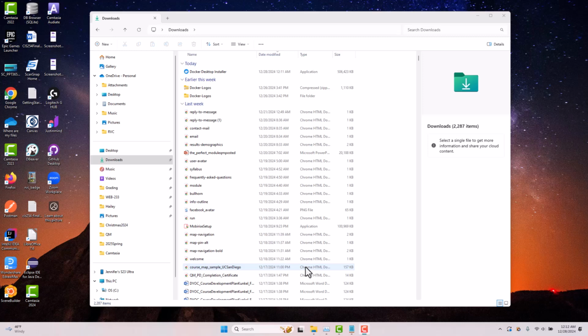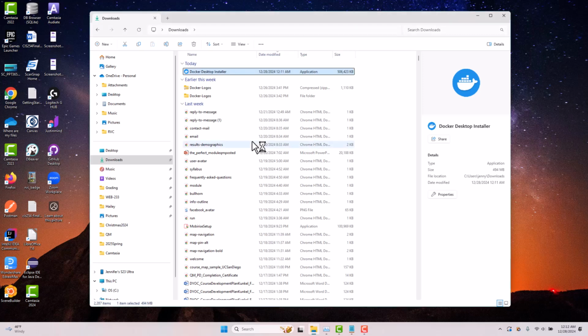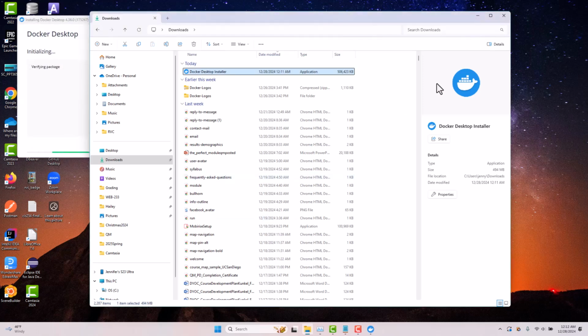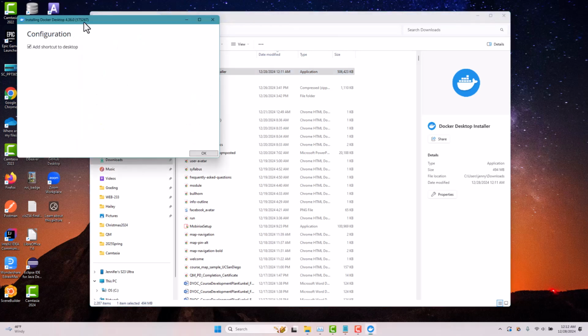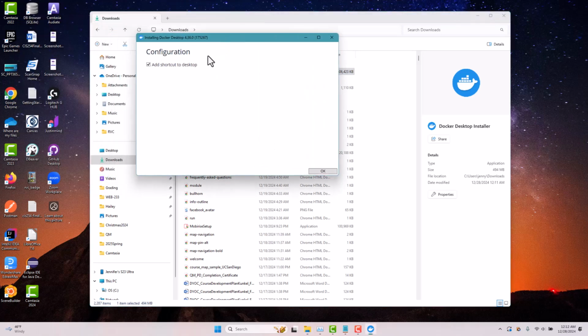Now that I've gone ahead and done the reboot and my WSL2 is all in effect, I can go ahead and install Docker Desktop. If for some reason there's something wrong with my WSL2 when I install Docker Desktop, it's going to indicate that there's problems. Now it's giving me a user account control window again that says, do you want to allow this app to make changes to your device? And this is going to be Docker Desktop installer from Docker Inc. I'm going to say yes, and then it should bring up the dialog and go through the configuration here.